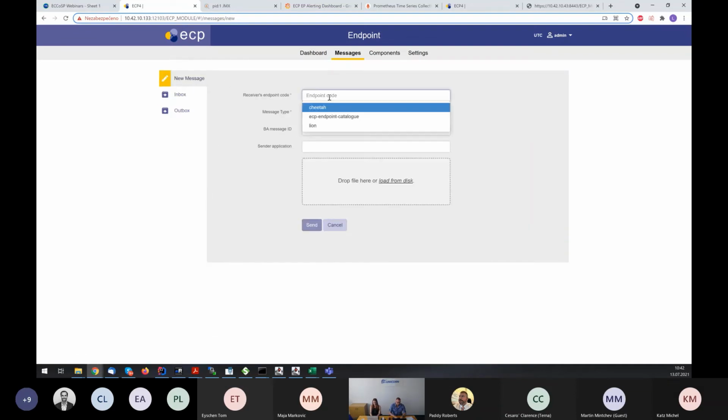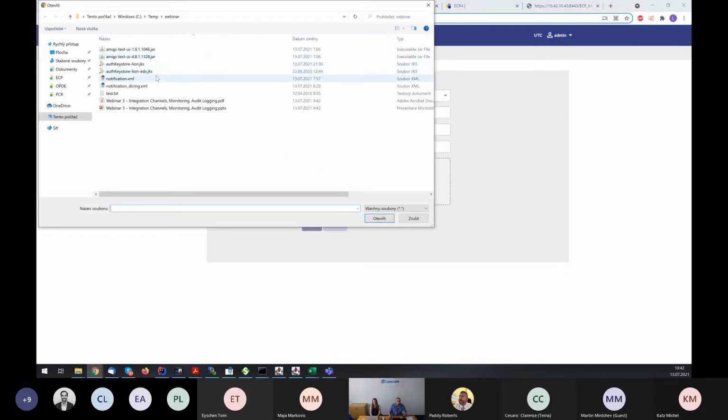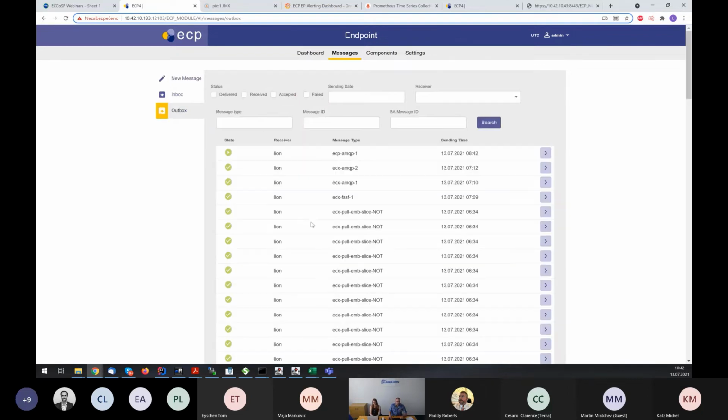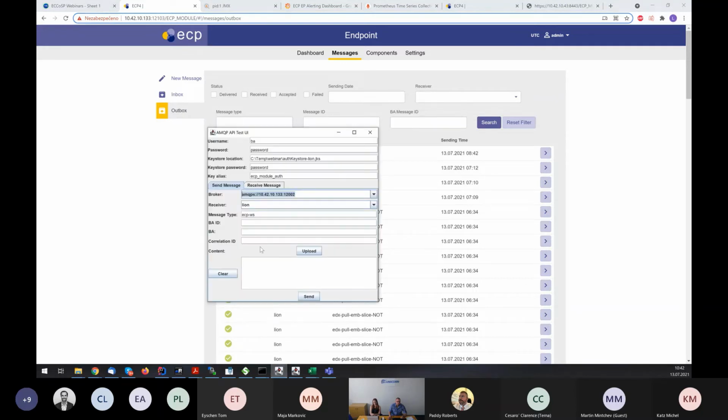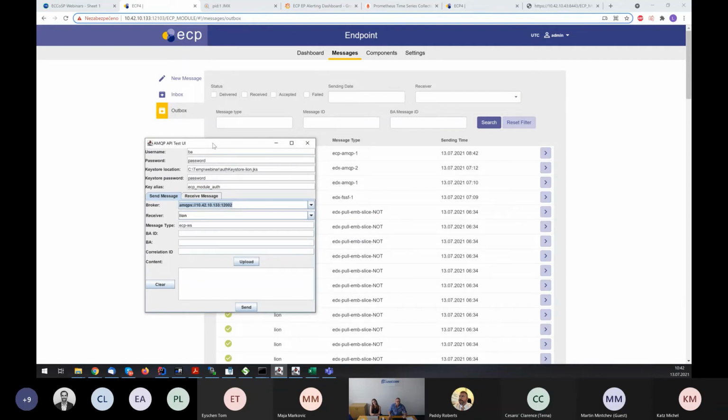And I will send a message to Lion, and I will use this ECP AMQP1 message type. So the message should then be received in the ECP AMQP1 AMQP queue. So I have sent it, it's received, so the receiving endpoint received the message to the proper queue, and here in some testing